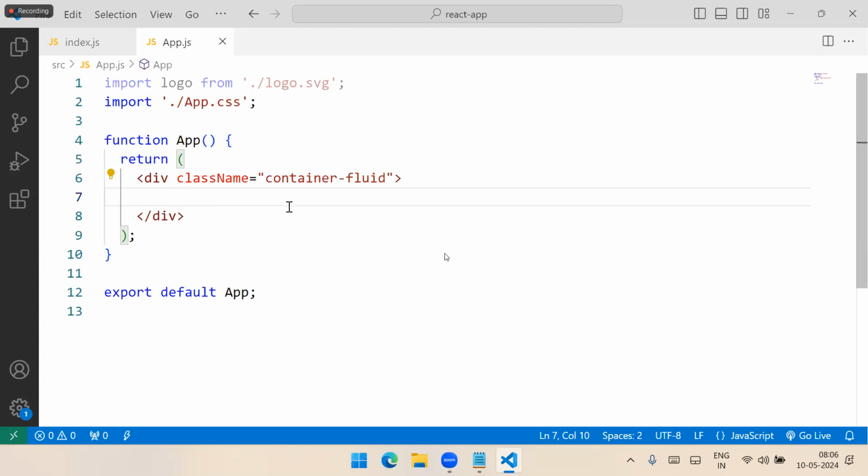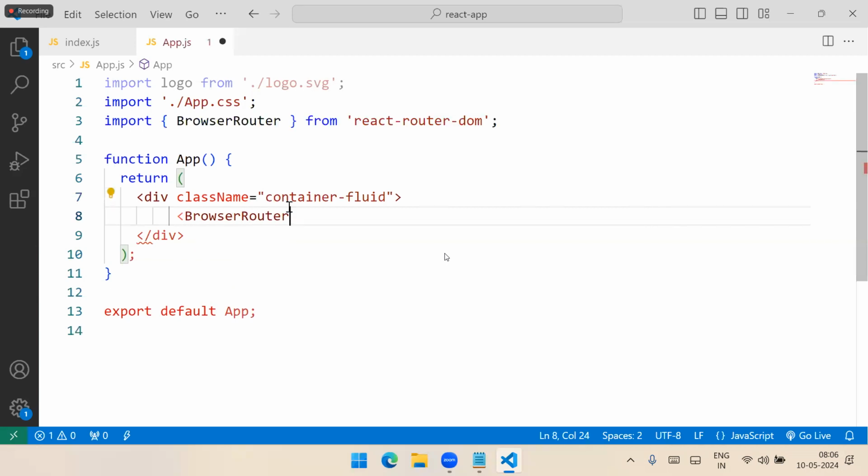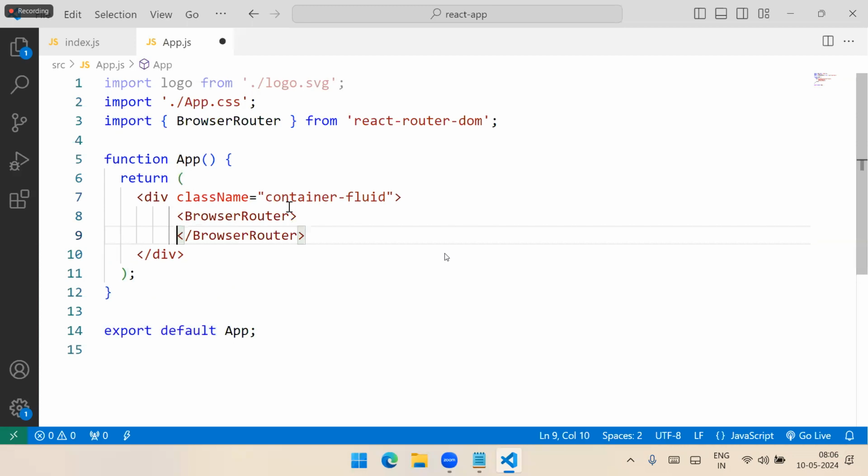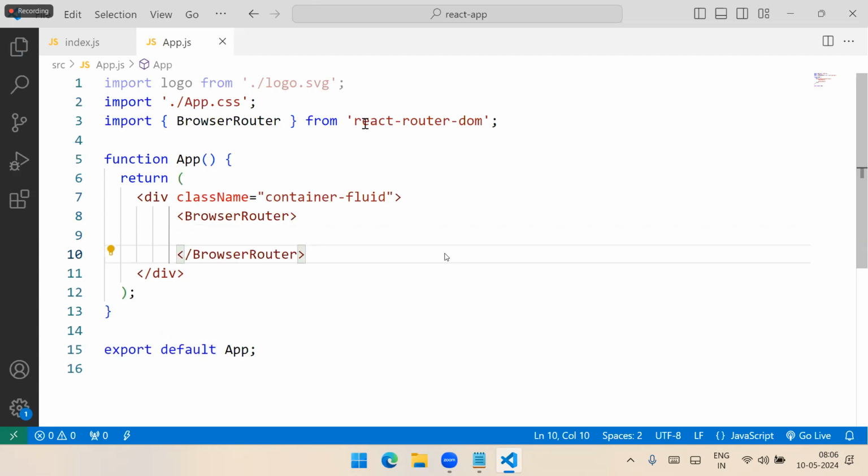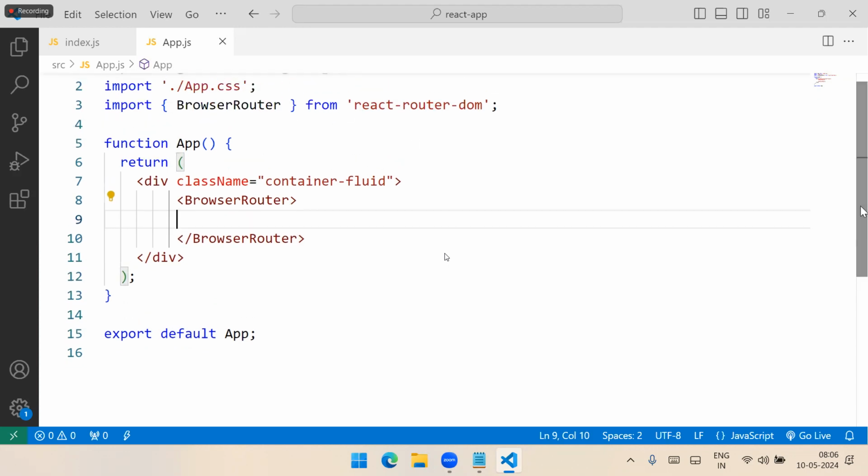So we need to define the complete routing here. How to define routing? We have to make sure that everything related to route is present in a component called BrowserRouter. We need to use BrowserRouter, and this BrowserRouter is a component of React Router DOM. Okay. After that, here